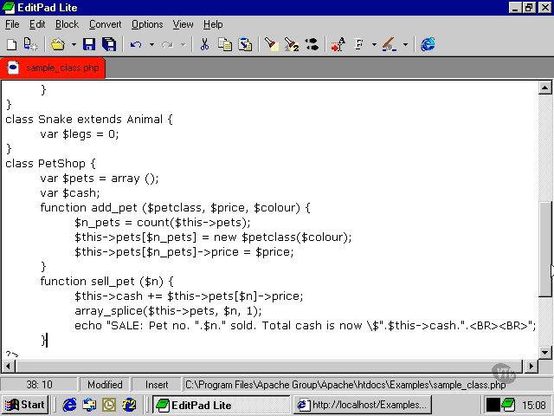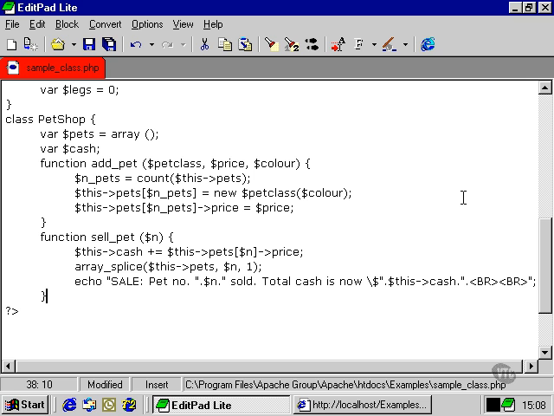So we've added facilities to add and sell pets to our pet shop class. Now let's finally have a class that is going to show the stock of pets that are in stock at the moment. And so we're simply just going to put in something to say, in bold, it's going to say shop stock,